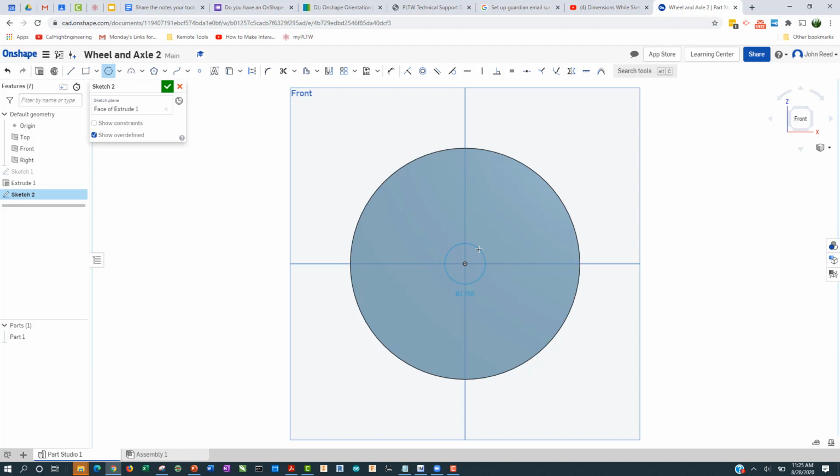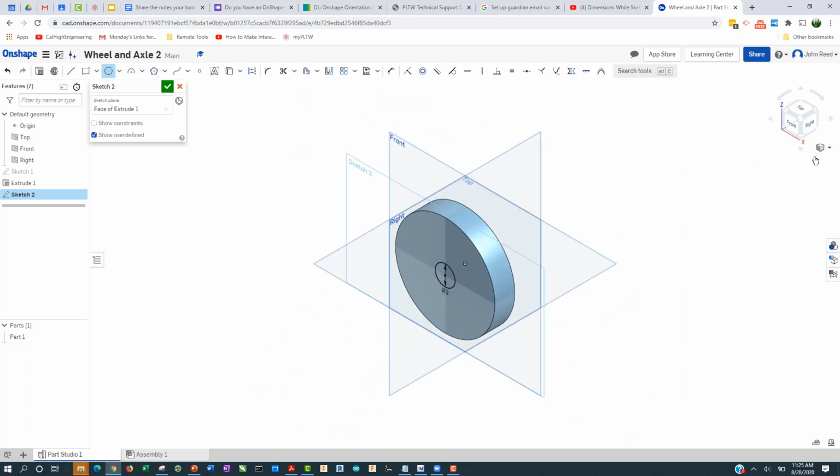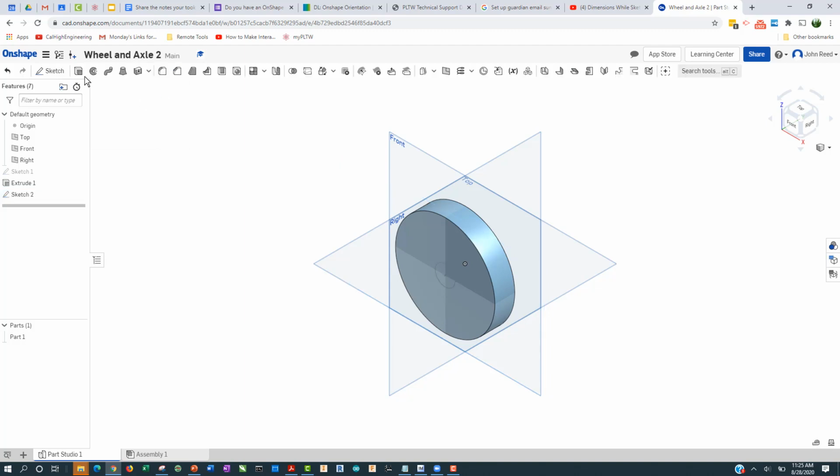So I left click, hit 2, enter. And if I go to a 3D mode, you can see that I'm ready to extrude here. So I'm going to finish that sketch, go up to extrude here, pick that region,